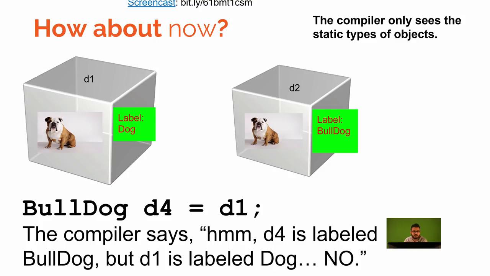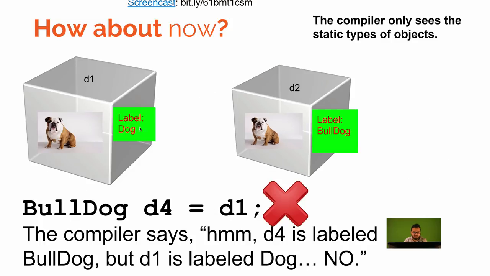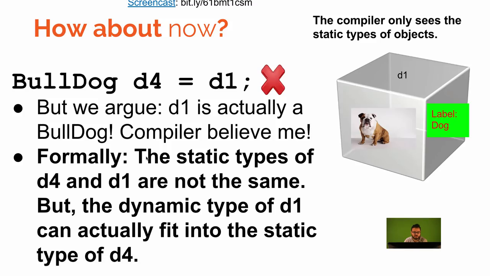So this is a problem. And now you might think to yourself, well, this is a very stupid problem to have, because clearly there is a bulldog inside, so this should be okay. And that's why we have something called casting, which I'm going to get into in just a second, but this is exactly what I'm trying to get at. We argue D1 is actually a bulldog. Compiler, believe me. Formally, what's going on is that the static types of D4 and D1 are not the same. Remember, D1's static type is dog, D4's static type is bulldog, so the static types are not the same, but the dynamic type of D1